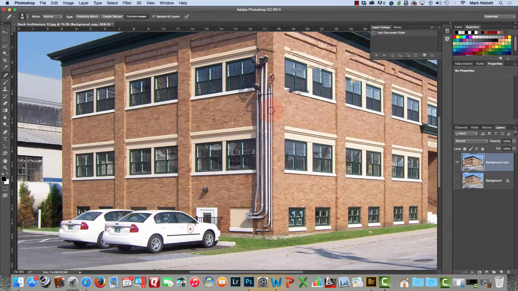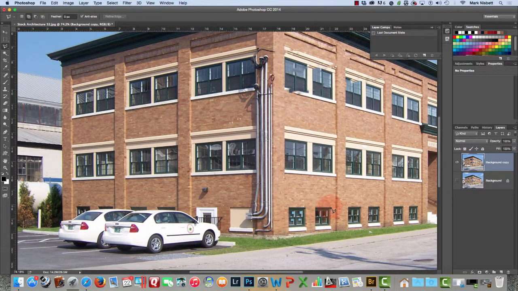And we're going to take out all these pipes, all the conduit that you see there. We'll also end up having to take the shadows out and things like that. So basically what I'm going to do here is come in with the polygonal lasso tool, and I can decide to take one of these windows. I'm going to take this one because this one here has these stickers in all 4 corners. So I'm going to pick this one first and